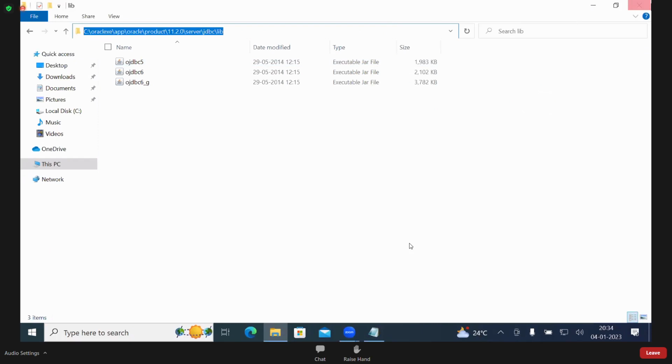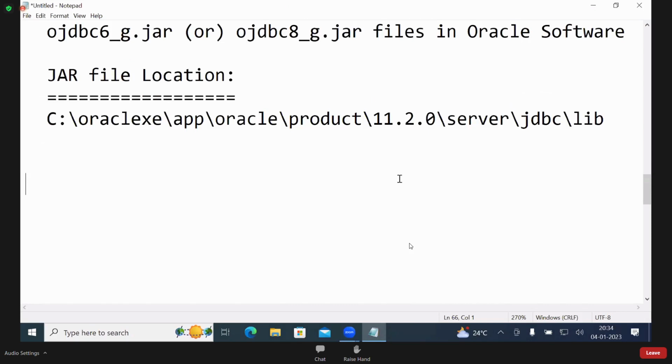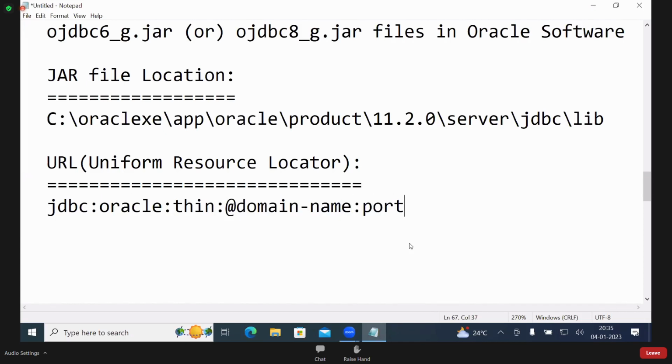I'll teach that now. First, after giving the notes, I'll teach. Now, this is after that, the URL, Uniform Resource Locator. To access the driver, this URL is required. JDBC : Oracle : thin : domain name : port number : service ID.